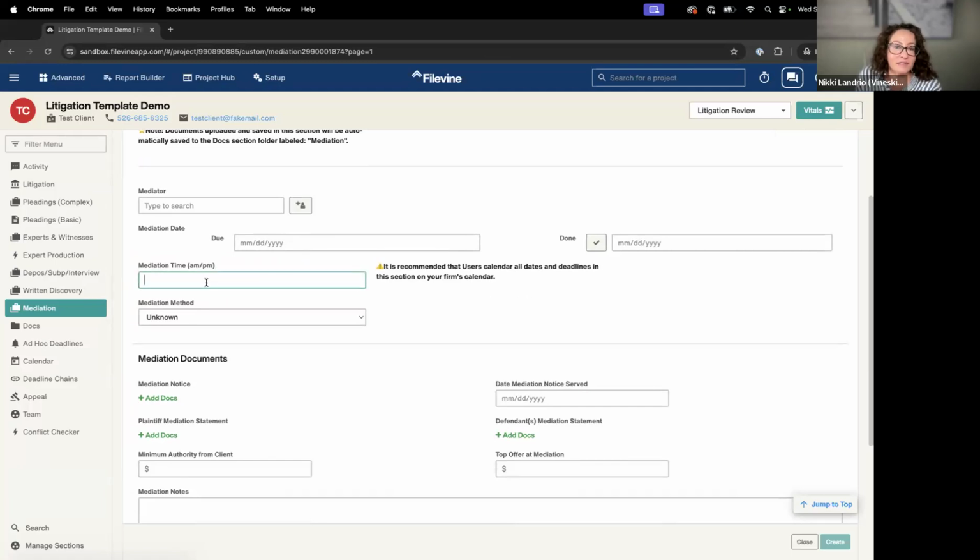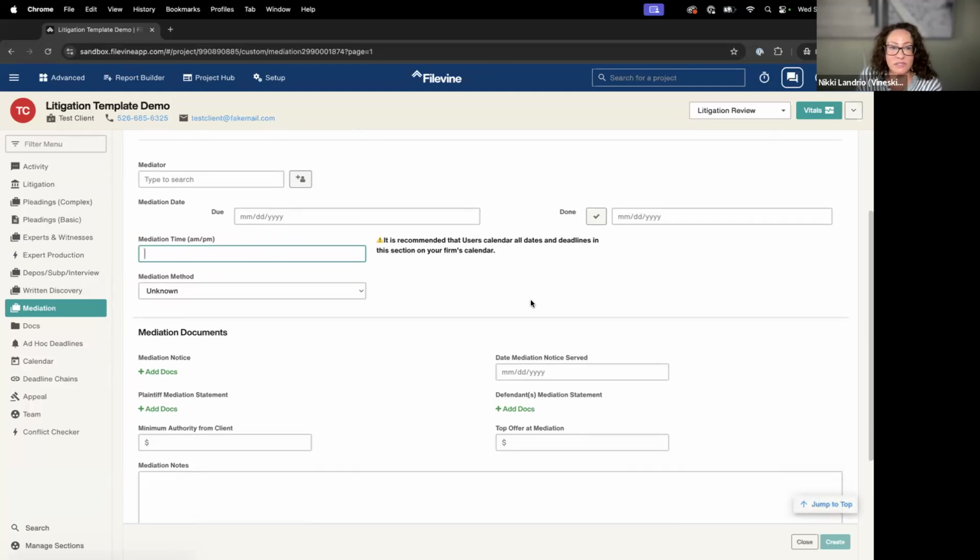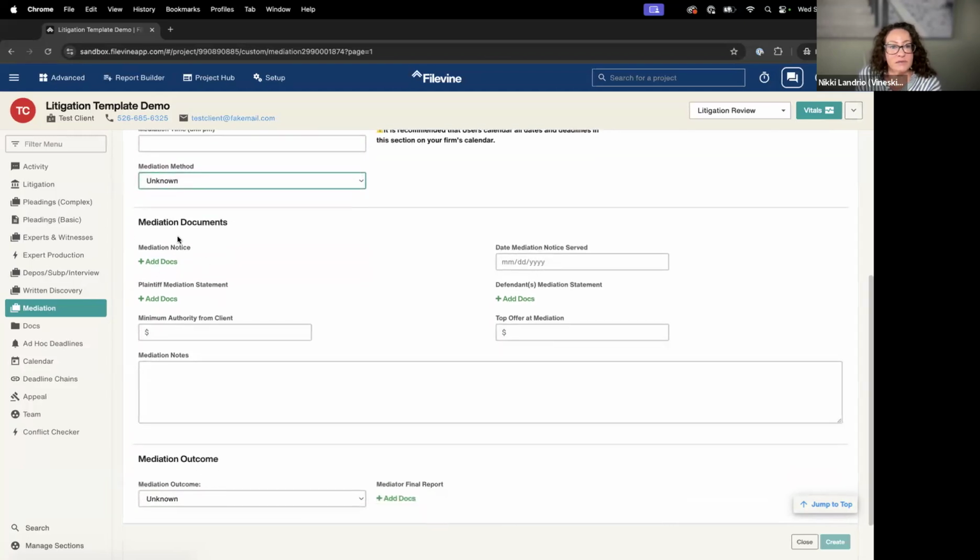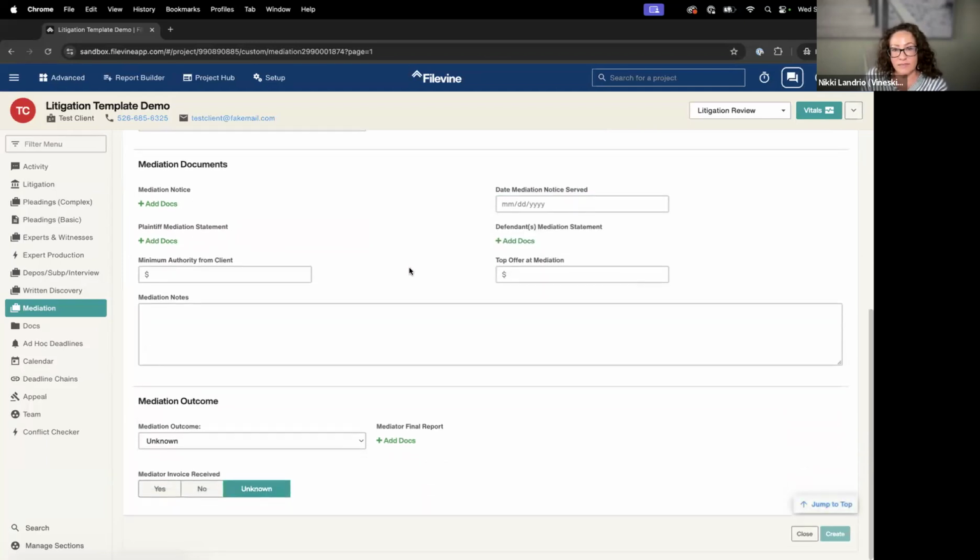Again, the detail of the time in case you want to have a document that pulls in a mediation notice, method, in person or Zoom, more instruction text. You get to include your mediation notice if you're interested in keeping your documents inside of your collection items, the date the mediation notice was served, plaintiff mediation statement, defendant mediation statement, top offer, minimum authority from the client, some